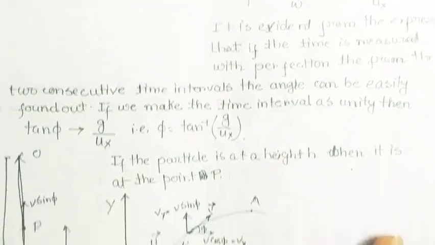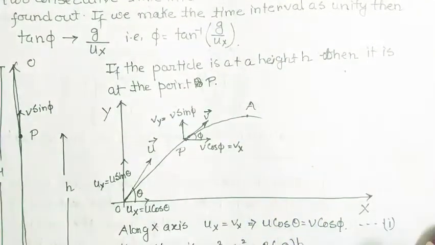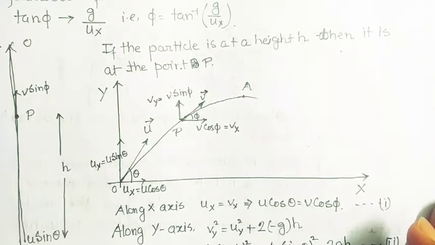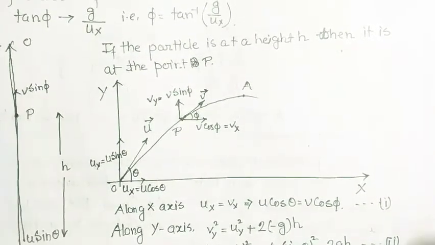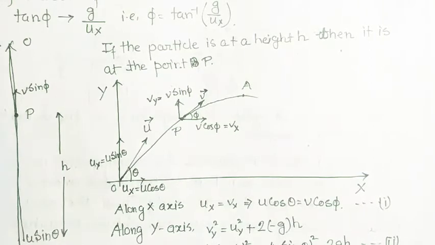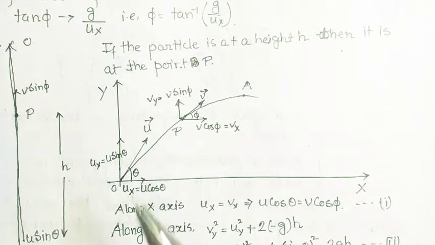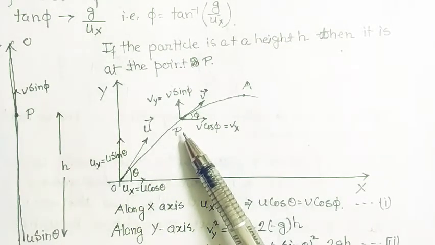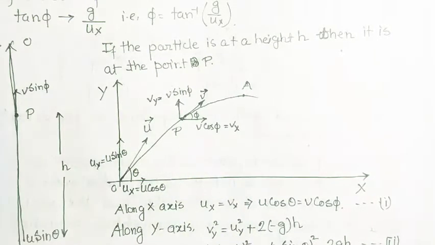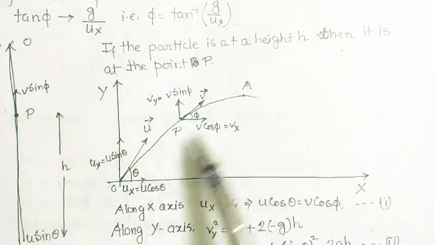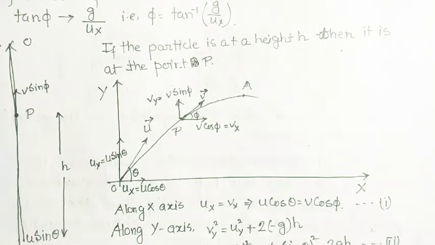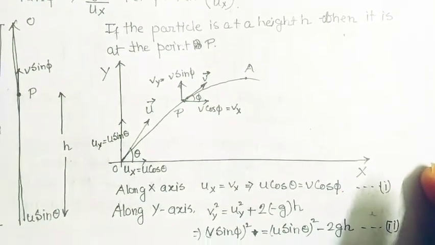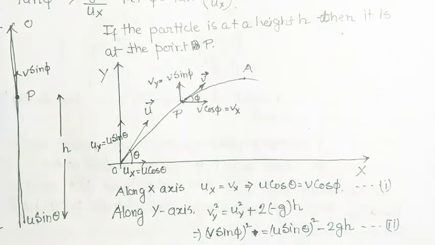Okay, now I am going to discuss a simple mathematical trick. What is this simple mathematical trick? Now we are going to find out this thing: a particle is projected from here. Okay, the particle at the capital P at any instant. Obviously, the capital P is in between the point O and A at any point on the trajectory. It is also satisfied. So let us write down the equations and let us try to understand what we are going to say here.